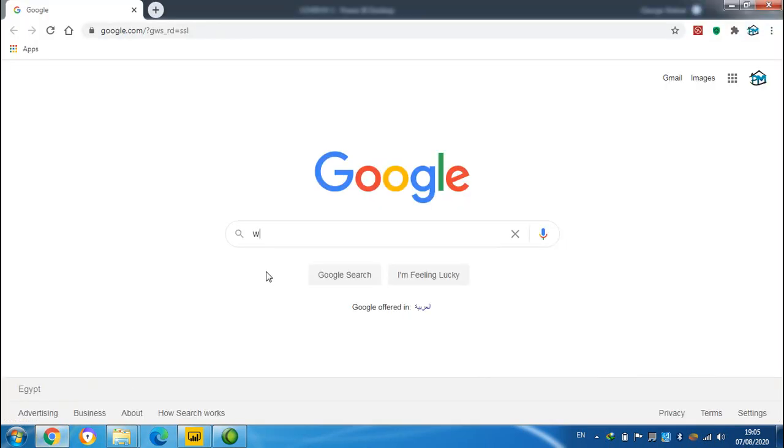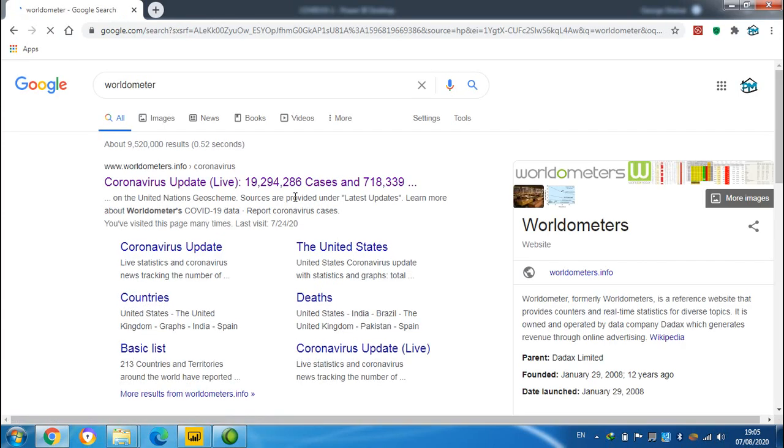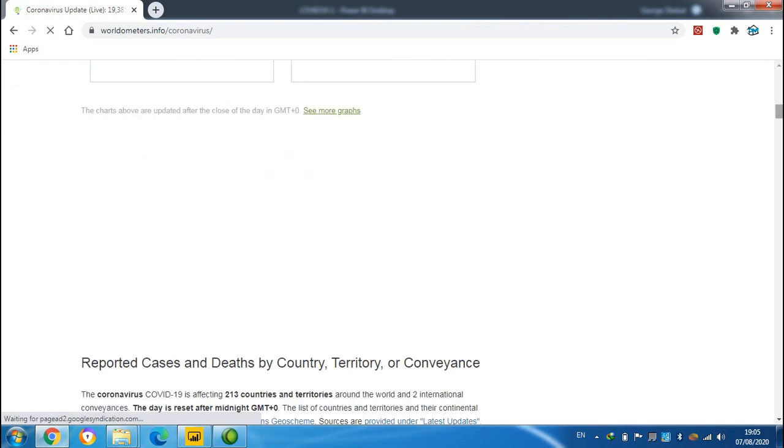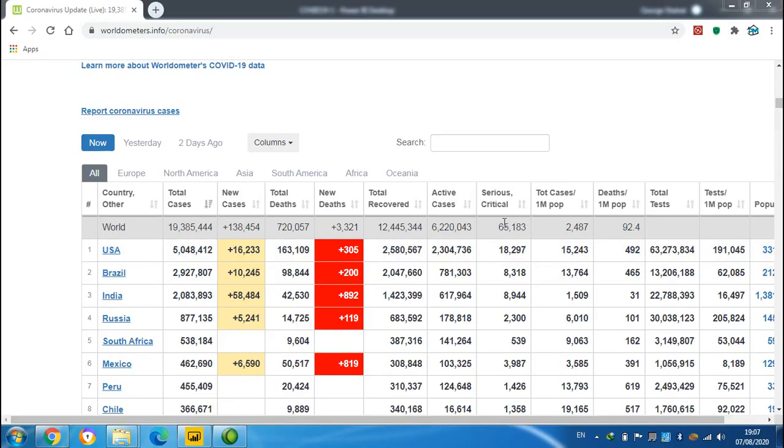It's the Worldometer website, which contains updates about COVID-19. If we scroll down, we will find data arranged in a table. The table contains updates about COVID-19 in each country: how many new cases, how many total cases, how many total deaths, how many new deaths, how many tests, and so on. To import this data to Power BI, we can copy this link